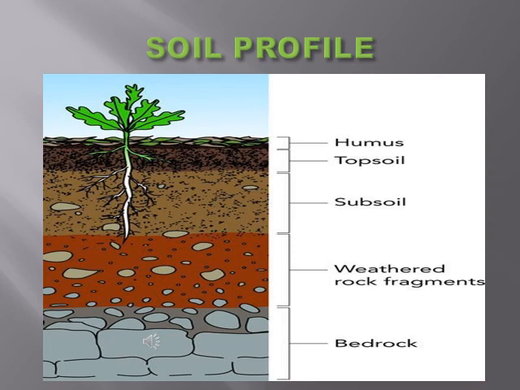Subsoil means it will be the soil which formed from the weathered rock material, but it will lack humus content. Next to the subsoil you can see humus content, that is topsoil. So the main layers are topsoil, subsoil, weathered rock materials and bedrock. Topsoil is subsoil only, but the only difference is that there will be more humus content in the topsoil,